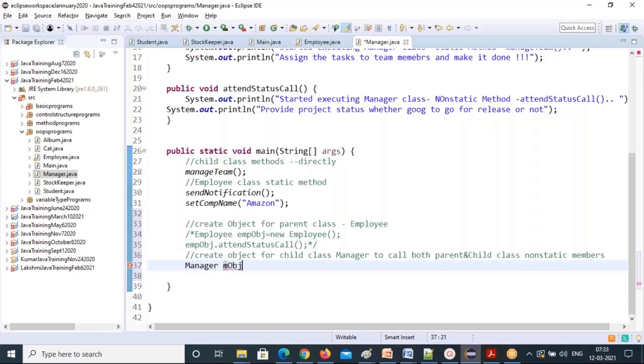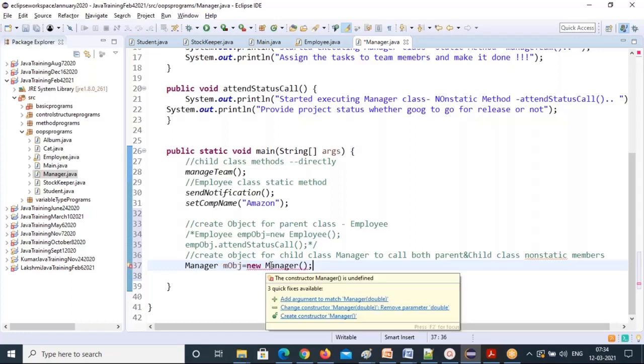So m object equal to new Manager. What is the mistake here? Why is it throwing an error? Read the error. Okay, good.